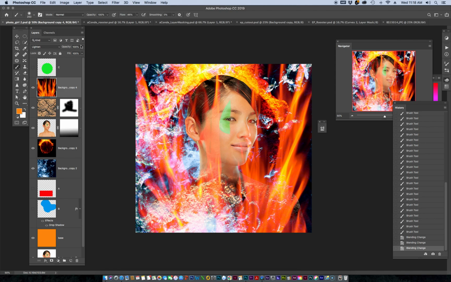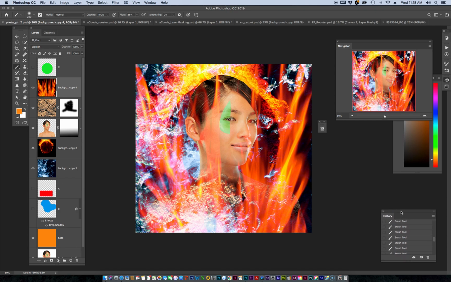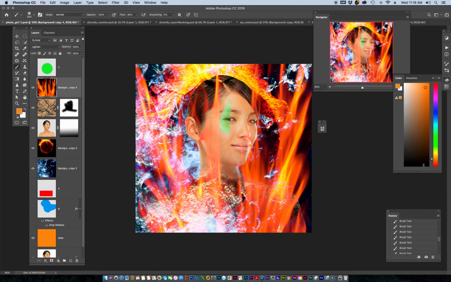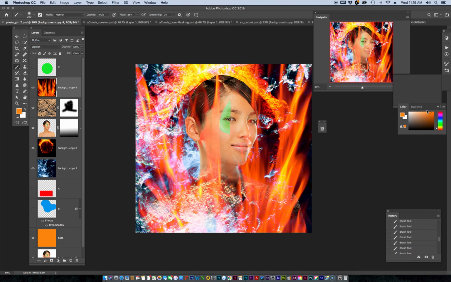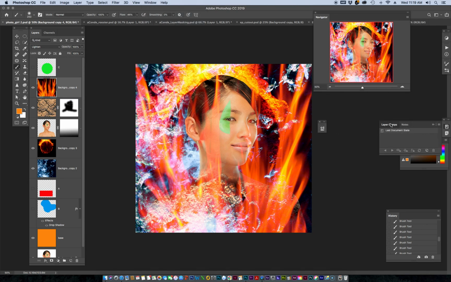Okay, now let's say we're making an album cover or some sort of artwork, and we have all these elements at our disposal, but we're not sure which one we want to use, but we do want to see them when we want to see them. So this is how we do it. Let's go to Window and choose Layer Comps. And Layer Comps looks just like the layer window,